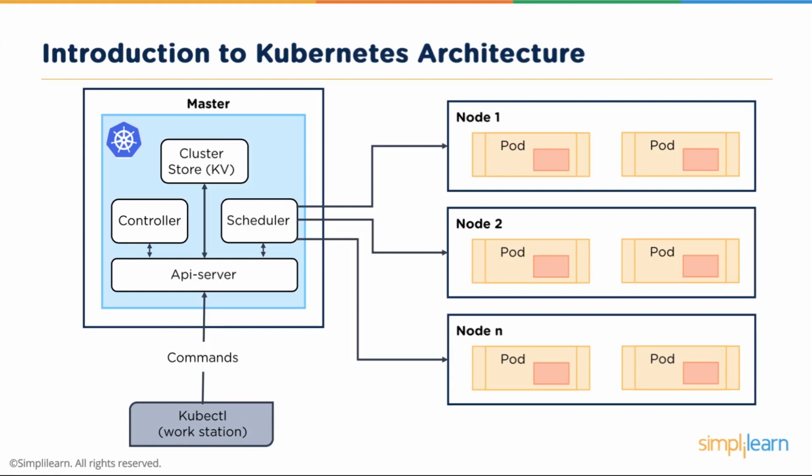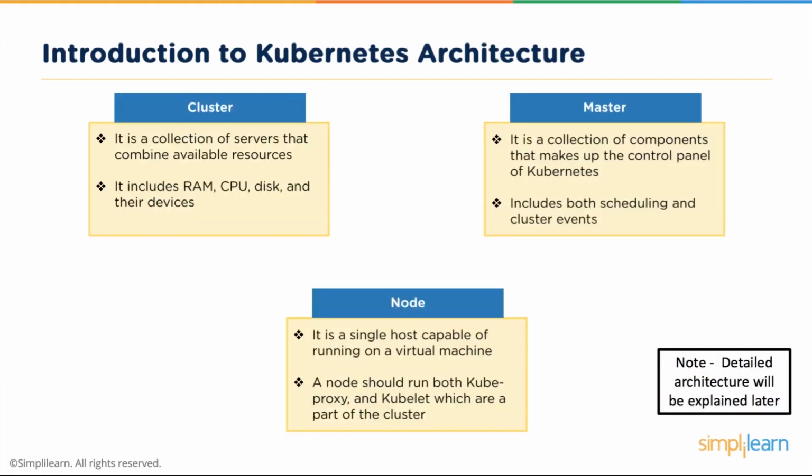the master environment. So you have your cluster, which is a collection of servers that maintain the availability and the compute power, such as RAM, CPU, and disk utilization. You have the master, which is really components that control and schedule the activities of your network. And then you have the node, which actually hosts the actual Docker virtual machine itself, and is able to control and communicate back to the master the health of that pod. And we'll get into more detail on the architecture later in the presentation.